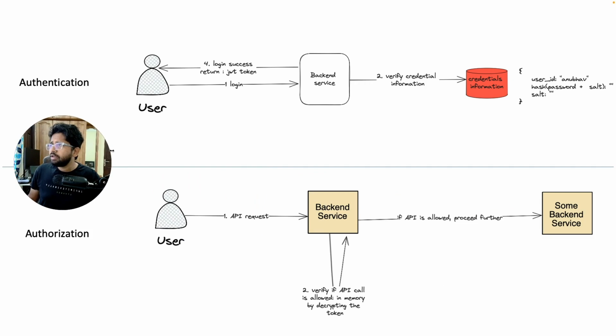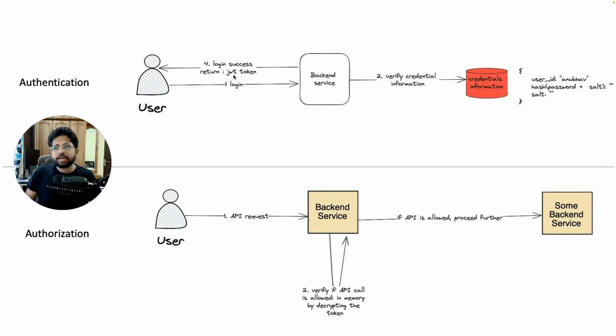So the login process is again the same authentication flow: you make a request, you verify the credential, and then when you verify the credential, you return the token. But here you are not storing those tokens anywhere. So you don't have any Redis or anything here. And whenever the authorization flow comes, you make a request, and in the request itself, first of all, the JWT